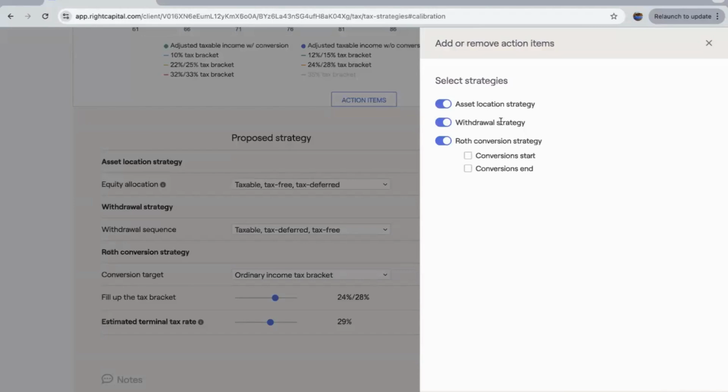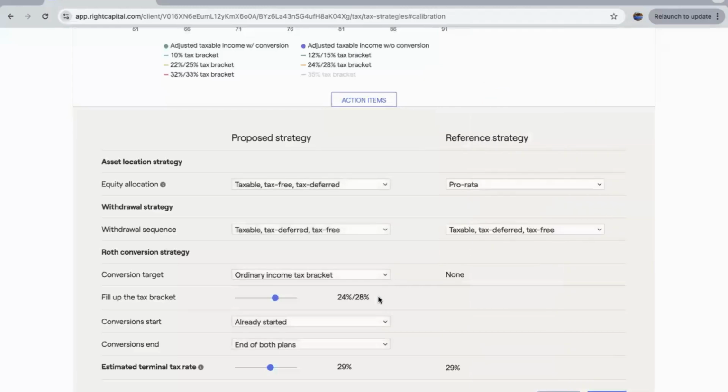But for what we're looking to specifically model right now, under Roth conversion strategy, we can check off these two options that are available to indicate that we want either a hard stop to the calculation for conversions, or if we wanted to indicate conversions should not be calculated prior to a certain period. Now, just to check each of those off so that we have the option, once we hit that save button,